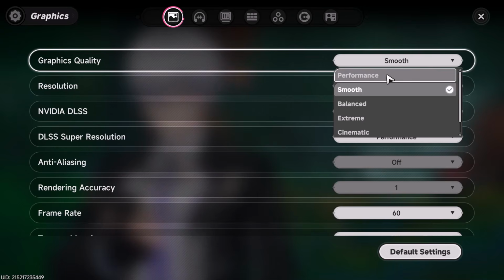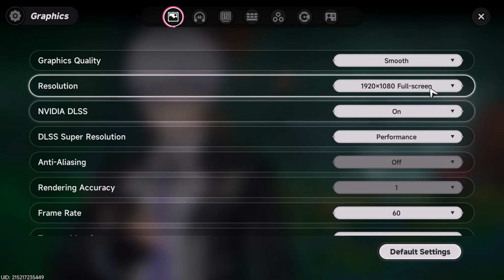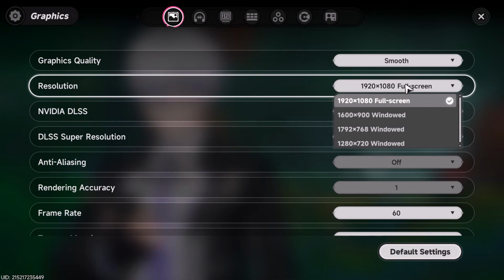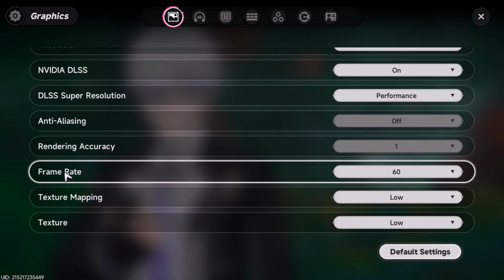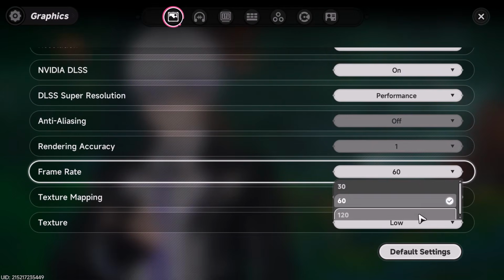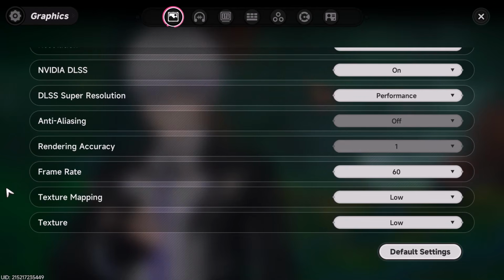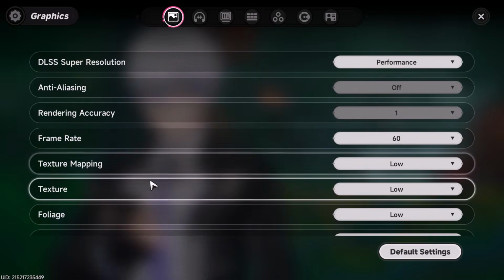You can select performance or you can also select balanced, then scroll down. Now you can select the resolution to windowed mode 1600 by 900, or you can also select this one or this one. Now you can reduce the frame rate. If it is selected 240 in your case, then you can go to 120 or 60, and then